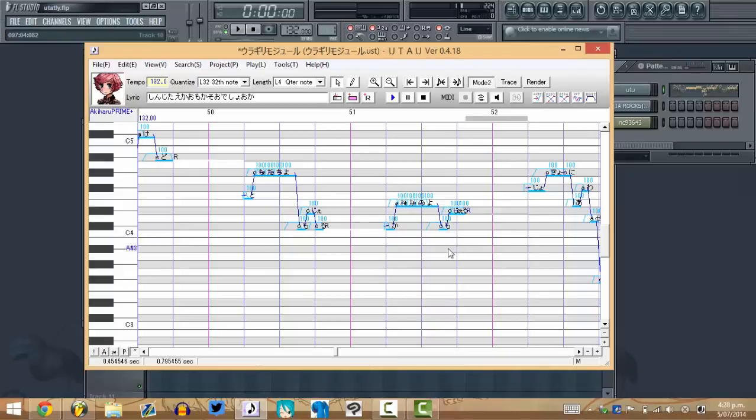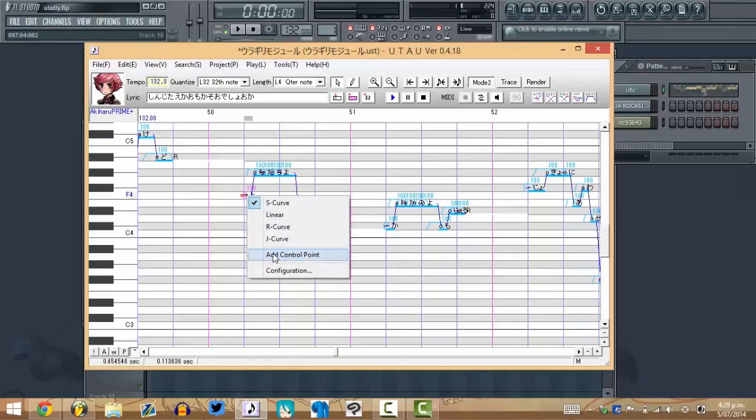So it doesn't exactly sound very talkloidy. It sounds like what it is, just a bunch of short notes together. And the suggestion I'd give for this is